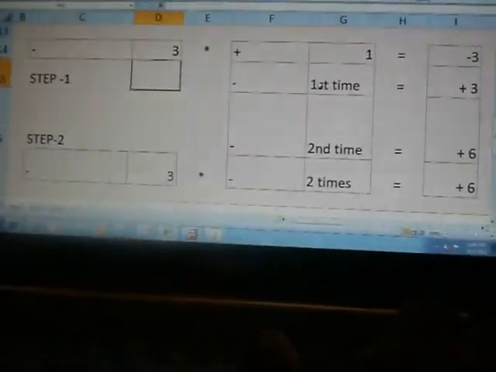Step 1, I'm partially defining it every step and then coming to the full answer. So step 1, if you do the plus as a minus and then say first time, then you are doing the same,